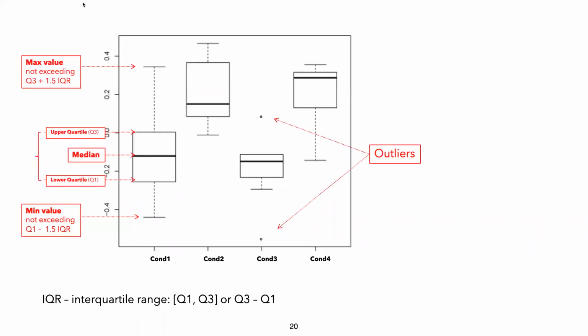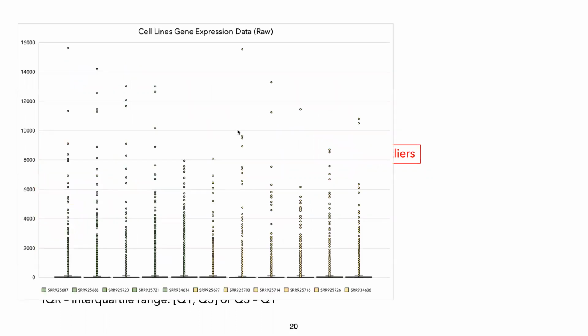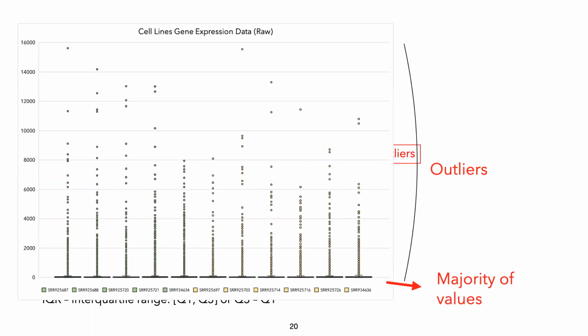So right here, this is a box plot, and in a box plot, you see these statistical properties for each one of your samples. This is the interquartile range, and what you want, for example, in differential gene expression or in a comparative analysis, is to compare your averages between groups of samples, right? So those averages have to be a reliable statistic for you to compare. So here we have our raw data that looks like this, and the majority of values are not seen very well, but the outliers would be seen.